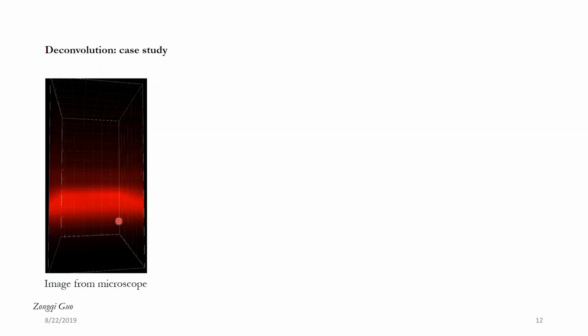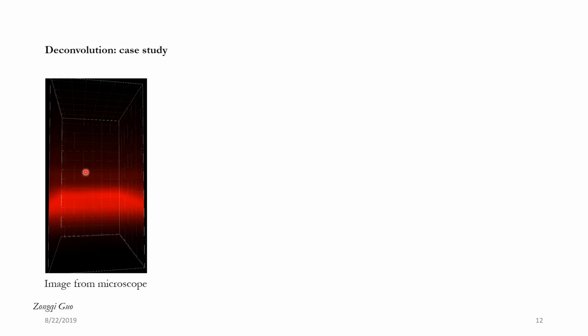This is an image which was provided by Zhuangxi. We are very thankful to him for helping us with this image. This is an image where there's a thin film of oil over a metal surface, and that has been labeled with a dye. When we image it on a multiphoton microscope, what we observed is that instead of getting one single plane, we were getting multiple orders of intensities, and this intensity was also spread around the z-axis. So we were wondering why this happened.